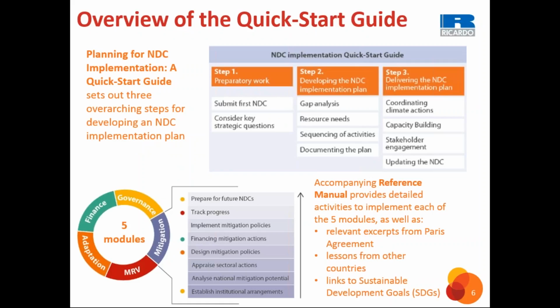So the Quick Start Guide is split into 2 main sections. There's the guide itself, which is about 20 pages long, and then there's a more detailed accompanying reference manual. So looking at the guide itself, this sets out the overall NDC implementation process and considers the 3 main steps for implementing an NDC. Step 1 is preparatory work, and this involves firstly submitting the first NDC to the UNFCCC,